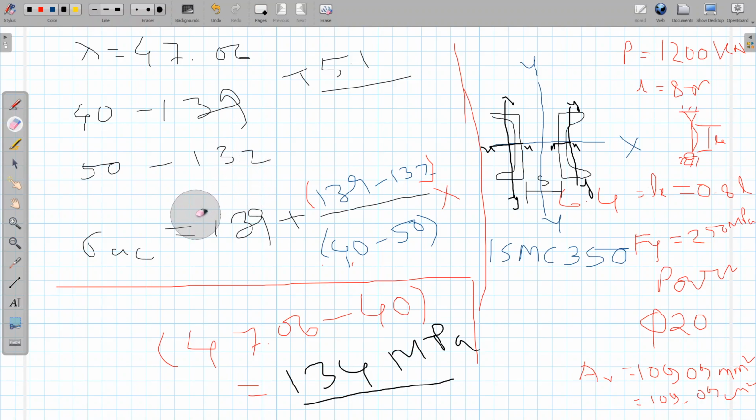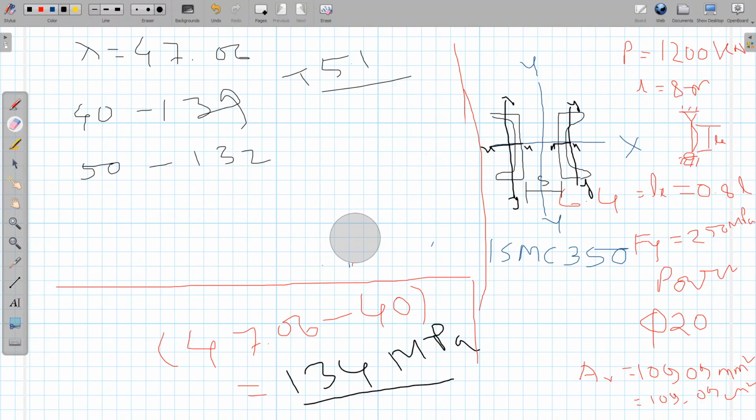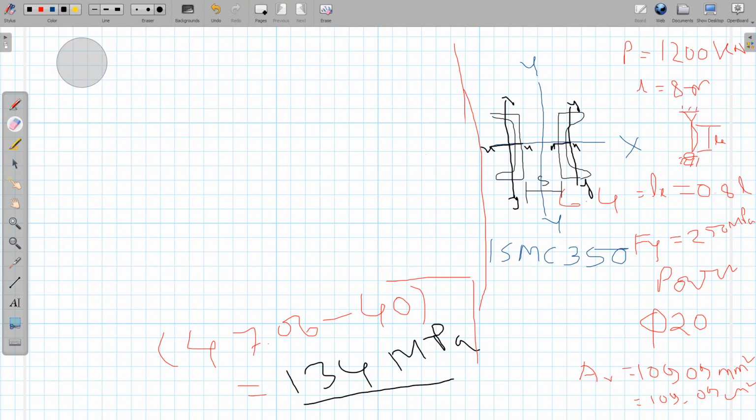Sigma SE is known to us. Now we know the actual cross section that we are going to use. So what we have to check is how much load the section can carry. That is one way. Or the other way, we can check how much area it will give. So we can do this in two ways: one is comparing the area, another is comparing the load. Once we know sigma SE, multiplied by the gross area it will give me the design load,